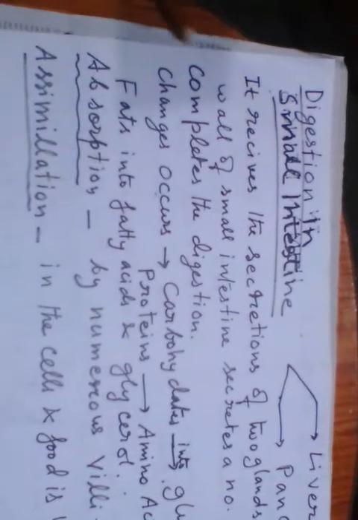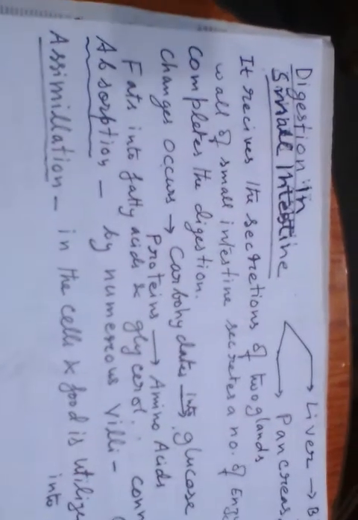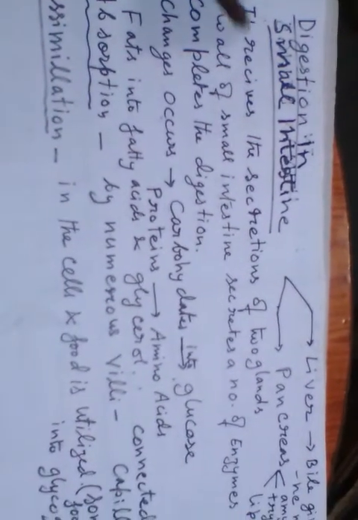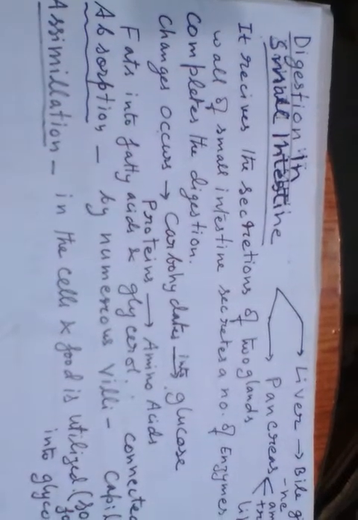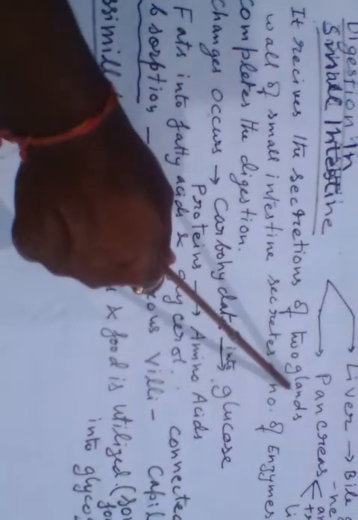It is a multifunctional and multi-gland organ. The small intestine receives the secretions of two glands, that is, from the liver, the bile juice,